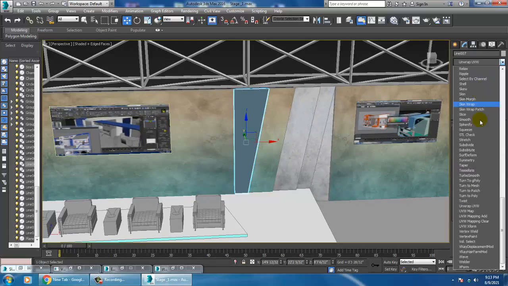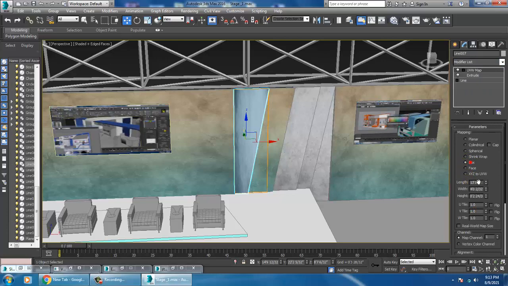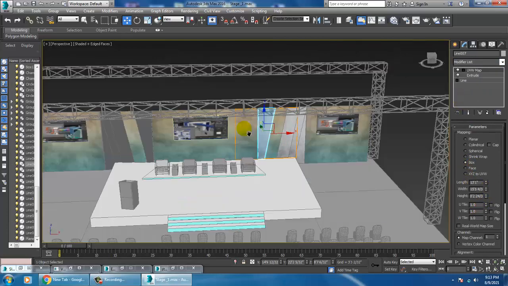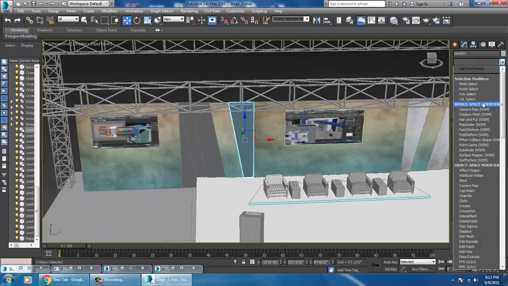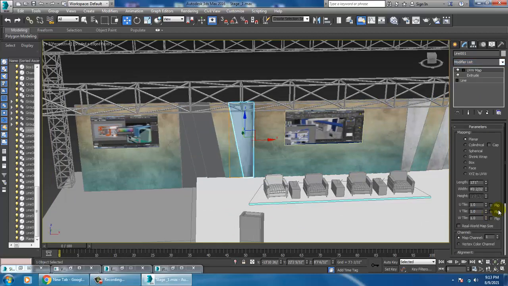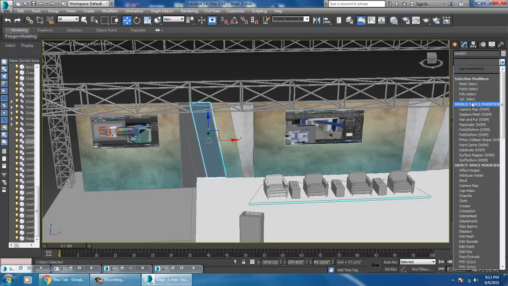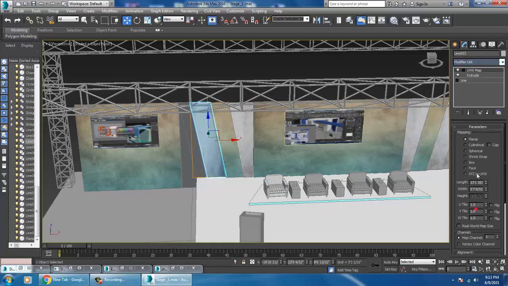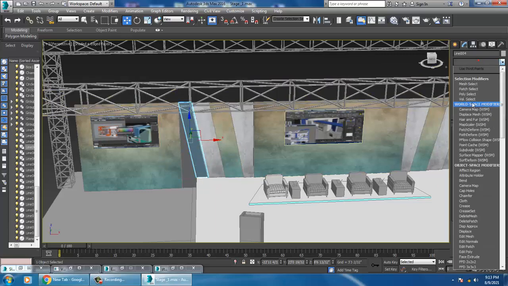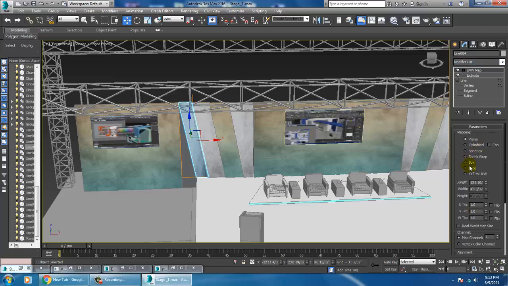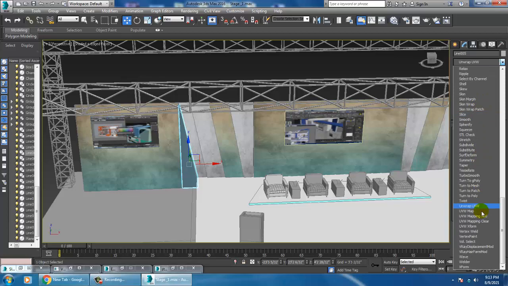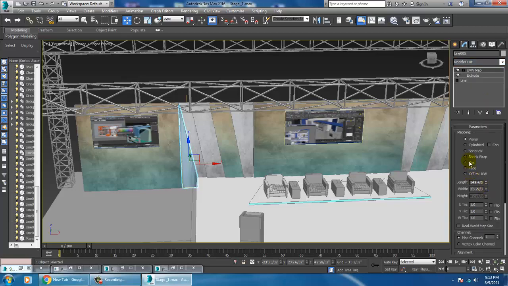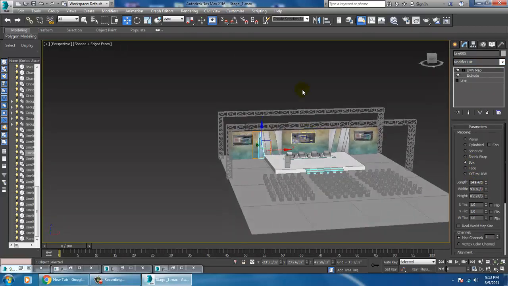We'll add again a UVW map, same way. Alright.